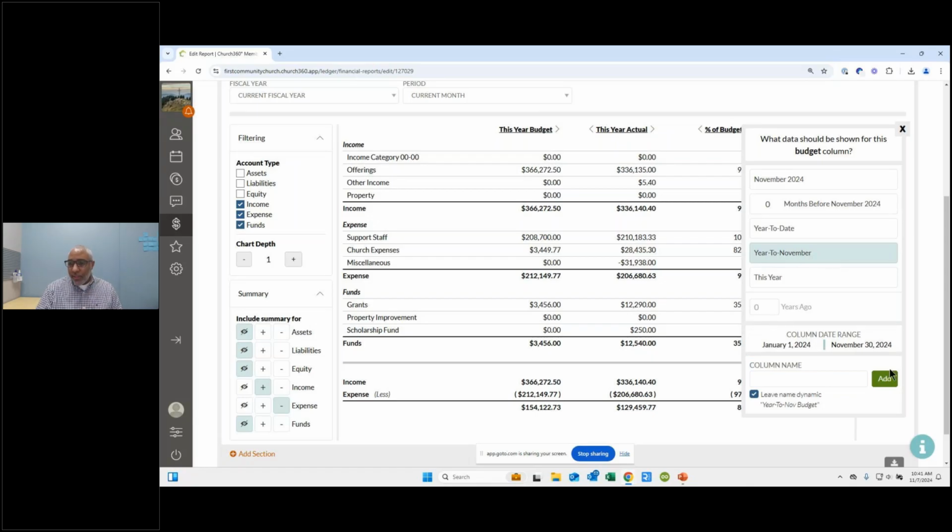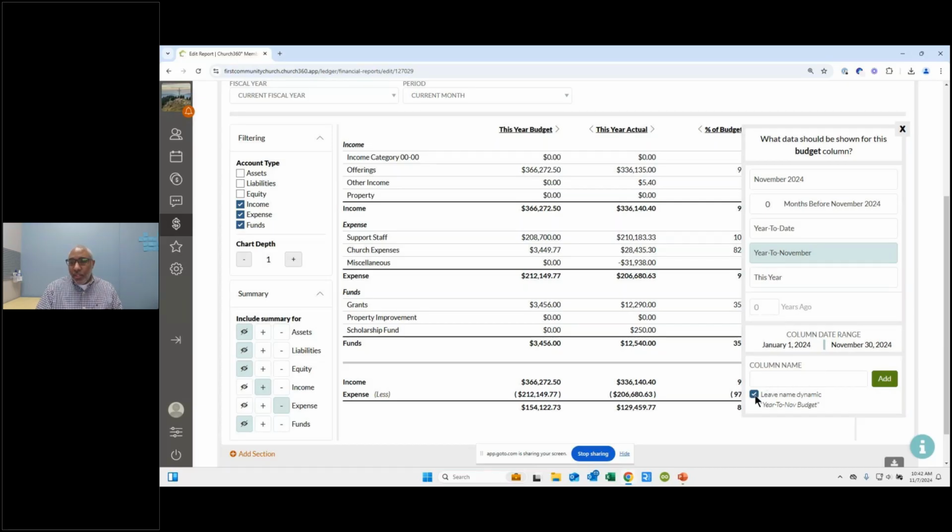Click on that option and click add. Before I click add, I just want to mention this column option. It was clear that people wanted to rename their column headers. All the verbiage isn't exactly the same. Some people like the credits and debits. Some people will just say total. Some people will say January 1st. Some people will say at the end of 12/31. So there's different terms and different verbiages that people will use.